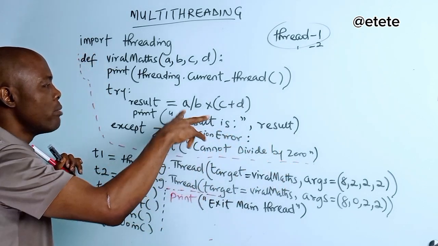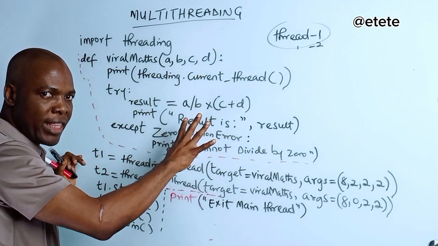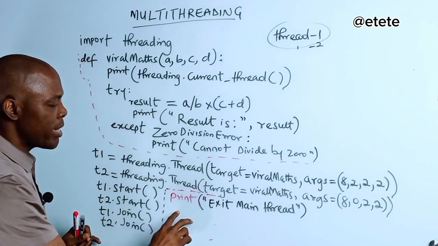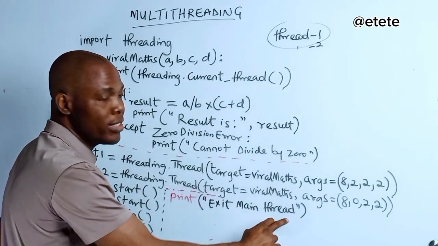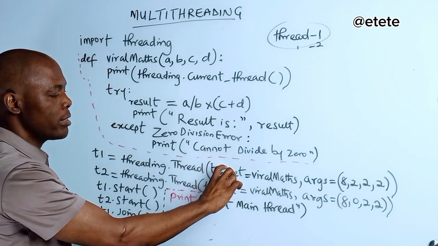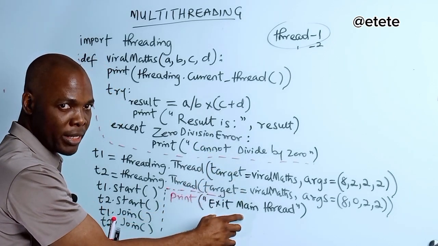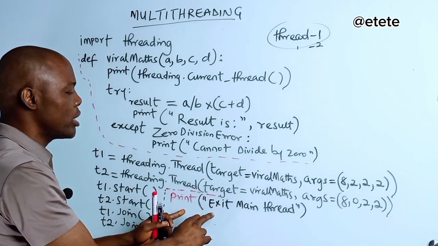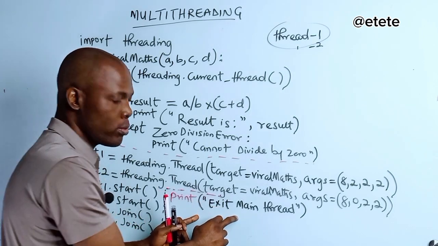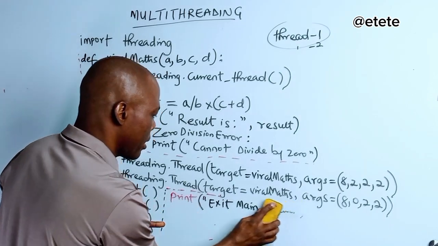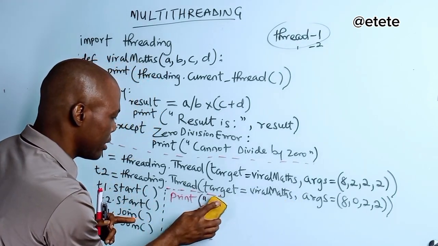Now, the moment both threads have finished their task and have returned it back to the main thread, it will now print exit main thread. It is the main thread that printed this one, not these two threads. It's the main thread that printed this. Right? Now, if I also want you to see the one that will print this out, it means I'm going to do something here. Instead of that,